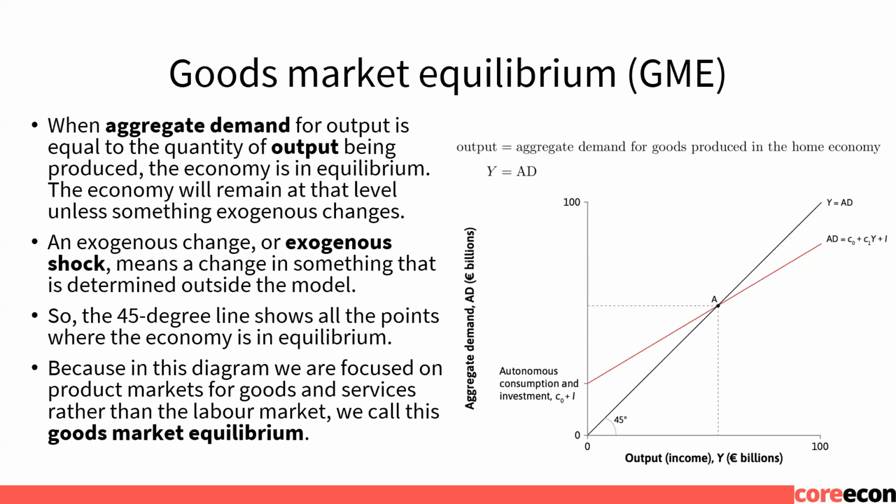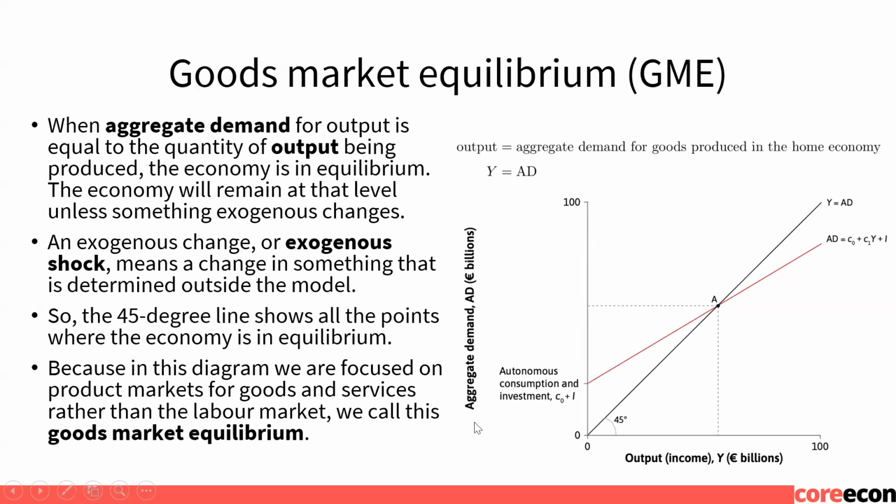And when aggregate demand for output is equal to the quantity of output being produced, the equilibrium is reached, right? So that should come somewhat trivial. So if we are producing as much as what we are demanding, then we are in an equilibrium and the economy will remain at this level unless something exogenous changes. An exogenous change, or exogenous shock, is something that is determined outside the model. So something that is not captured by income level, investments, or the parameters. Something changes and out of nowhere we have a different aggregate demand schedule, and that will mean a different equilibrium level. So unless something like that happens, then we are at this point A, at which the income is